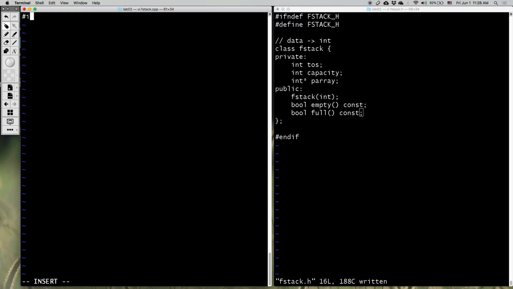Here we are going to include the interface definition of the fstack class. Then first the constructor: class name, function name, and then the capacity is provided. Here we are going to use the initializer list, with the colon. Parameter C is for capacity, so let's initialize capacity by C. And then TOS,